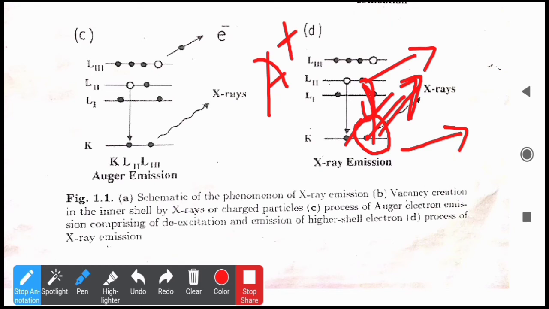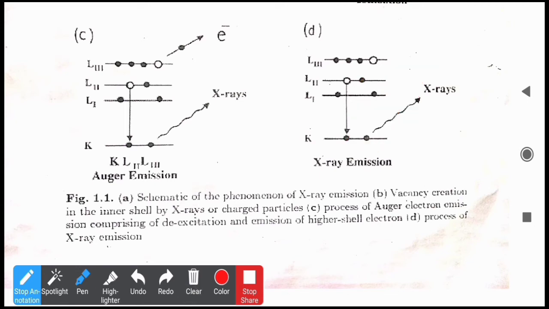All of these things are predicted by quantum mechanics, and usually the energy released is nothing but the energy gap between the two energy shells. In general, these energy shells are called K, L shells. This is basic: the outer or principal shells are named this way, generally labeled as K, L, M shells.